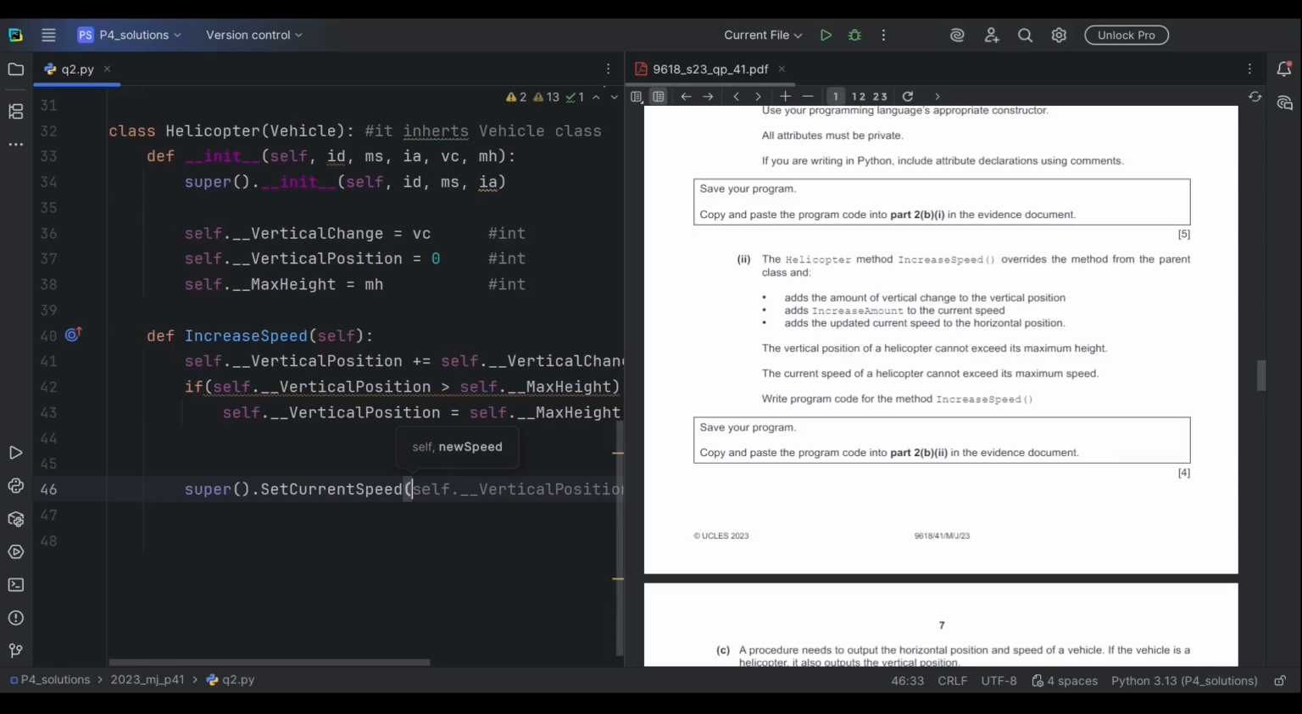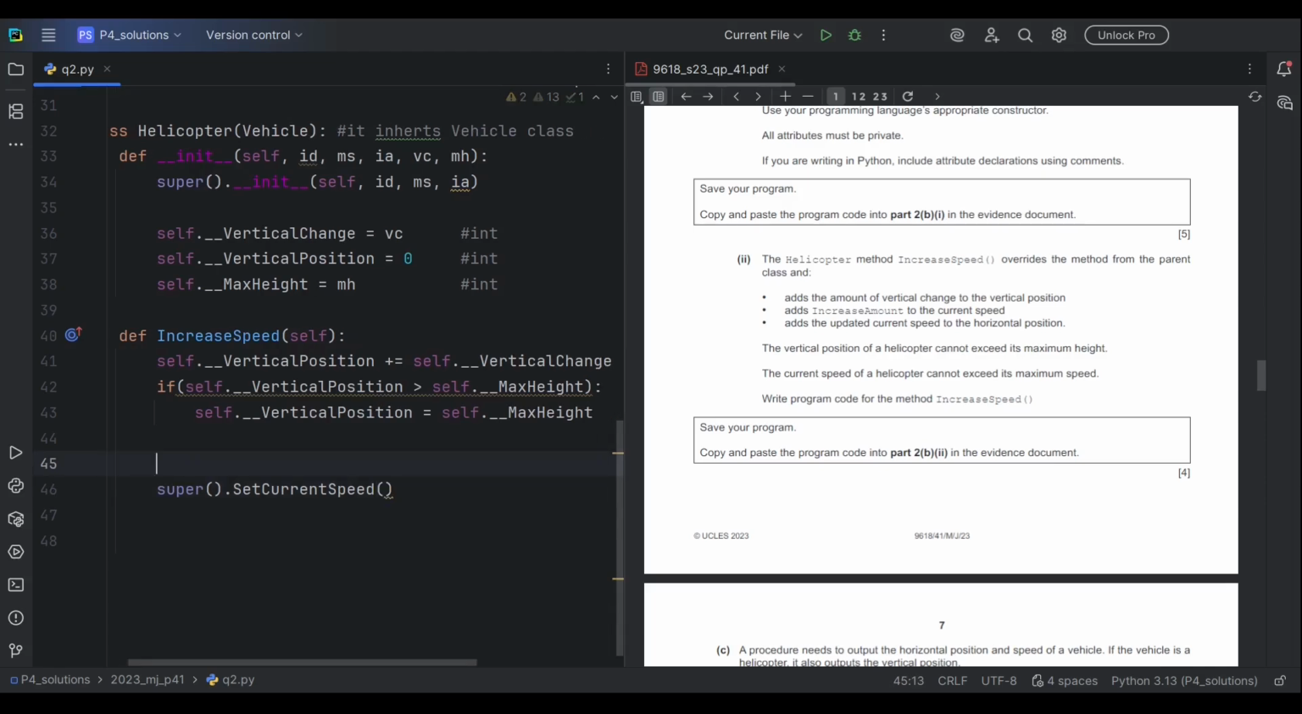Add the increase amount to the current speed. Okay, so add the increase amount to the current speed. Now for that we need to get the current speed. Let's get the current speed here. Current speed is equal to self.__